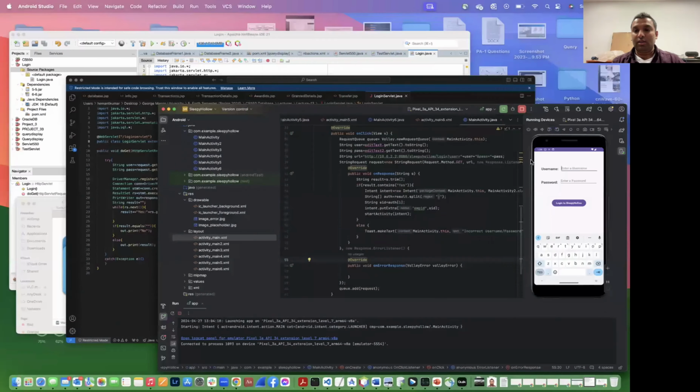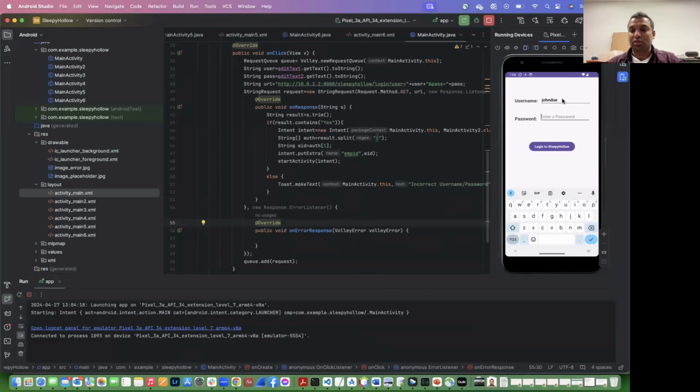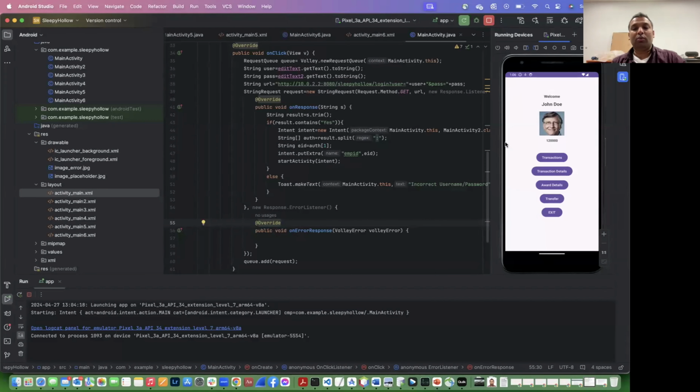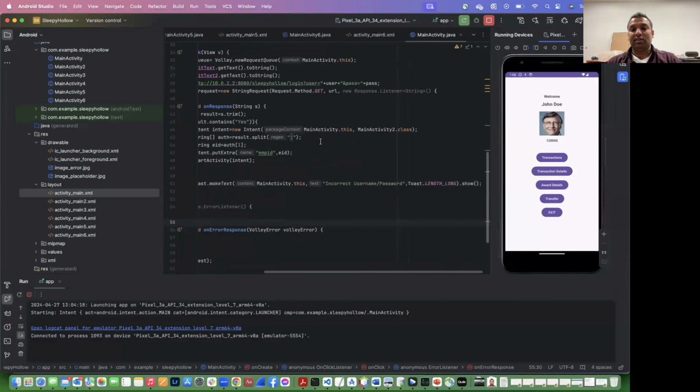So let's work on that first. I remember the name because I have used it several times. Okay, John Doe. So it's login from the main activity to the main activity 2. All the intents would go from this activity, the main activity, to the main activity 2. Now the information available is first the welcome and then the name of that person,